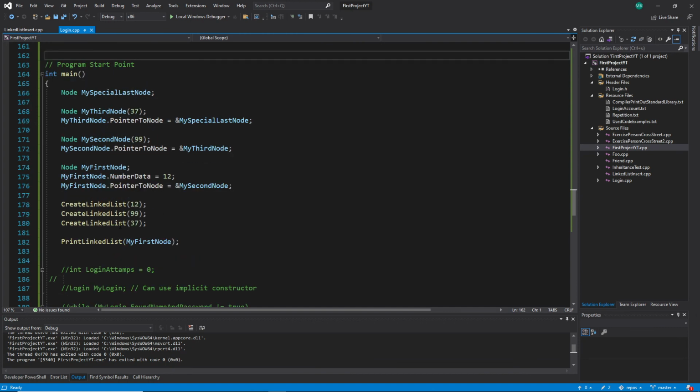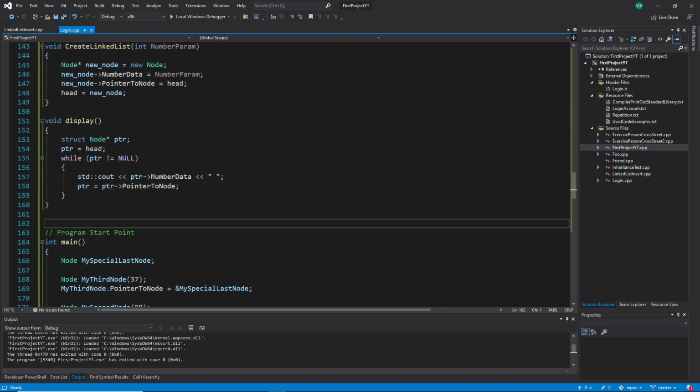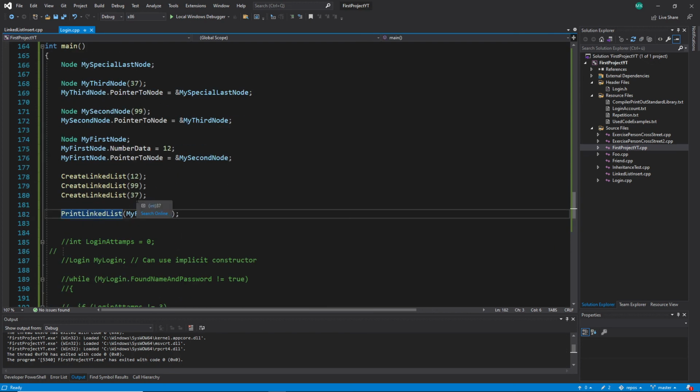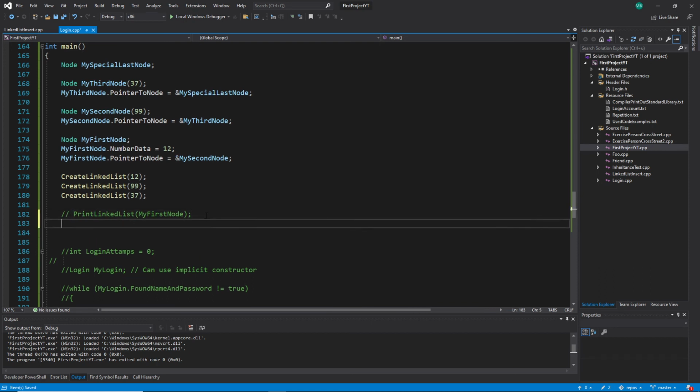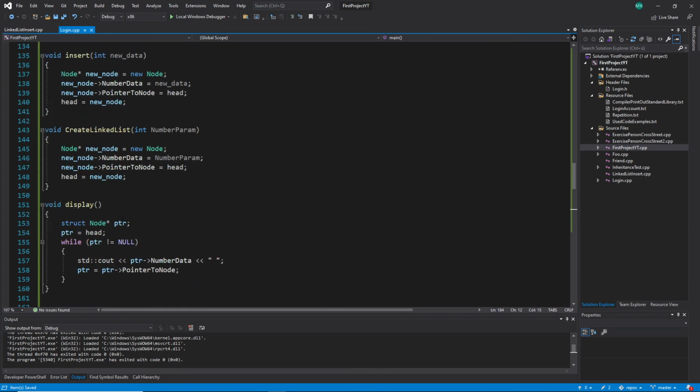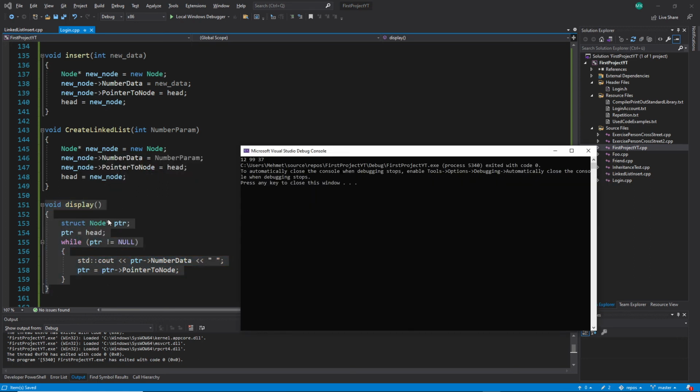Of course, if I call display, I have to call the display here and not my print linked list. That's why it looks good. That's not the thing. This one I have to call display. And this display is actually, in short, this display here. I will not talk about it now because the video is too long, but in short,